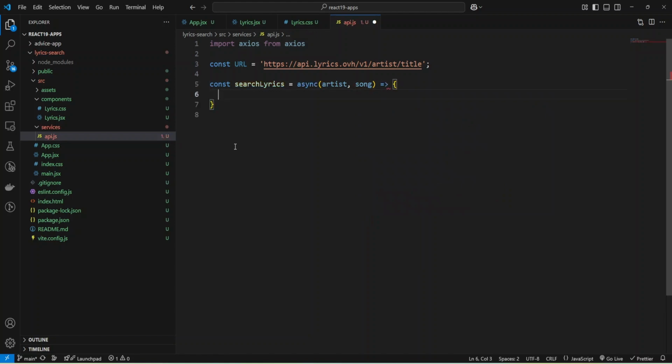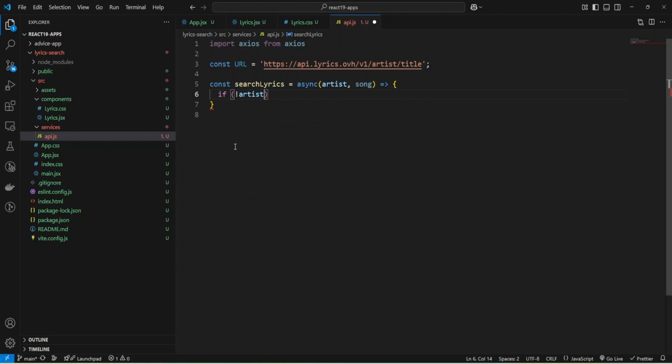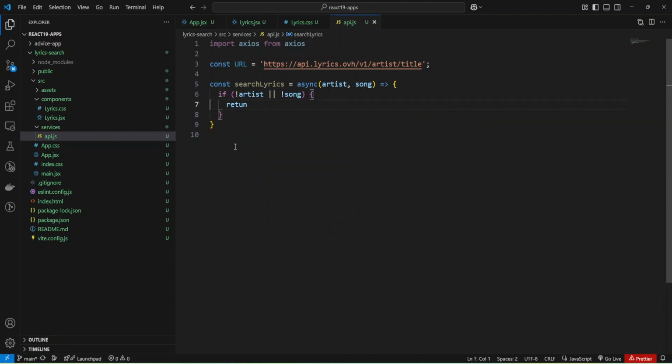Let's check if we don't have artist name or we don't have song, then we'll just return. Okay, and return I need to fix.